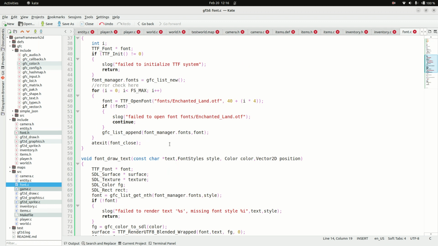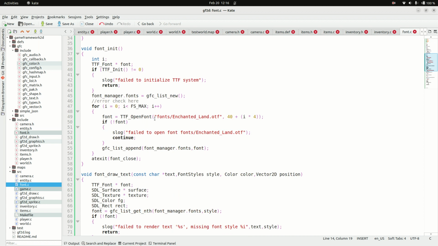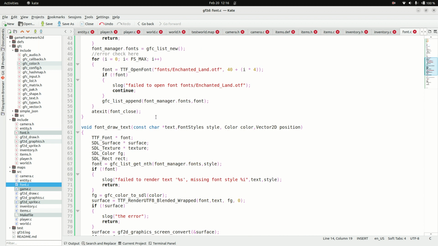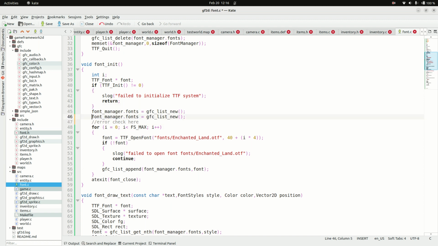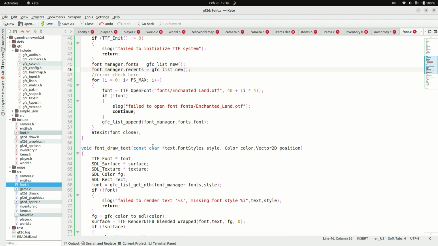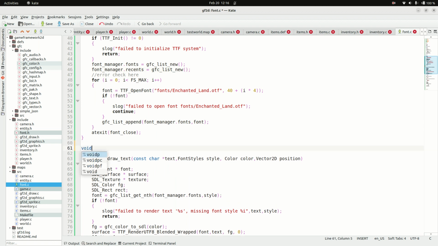And whenever... what I want to do is make a new function. Well, first of all, when I initialize the whole system, my recents is also going to be a list. And now I'm going to make a function void